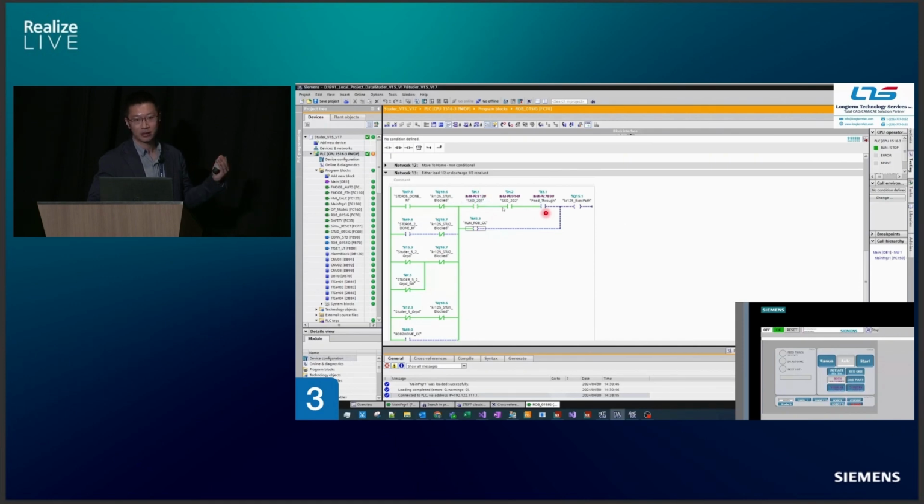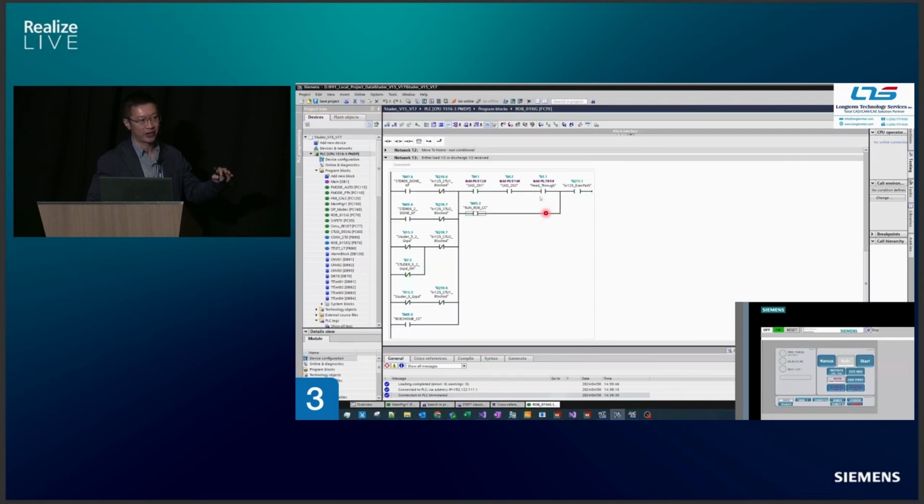This is a very common problem you're going to see during the commissioning phase. It's small, but sometimes it causes big problems. So we just quickly switch it to normally closed, and we're going to re-download this program to the PLC. So what you see here, we have robot, PLC, HMI. So you can jump back and forth and cross-link within all three platforms and quickly identify what is going on,